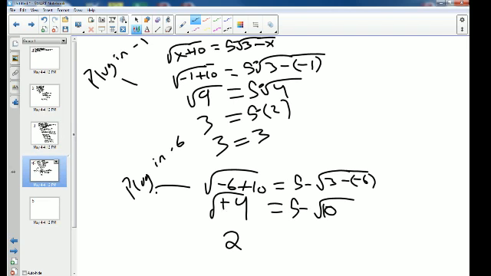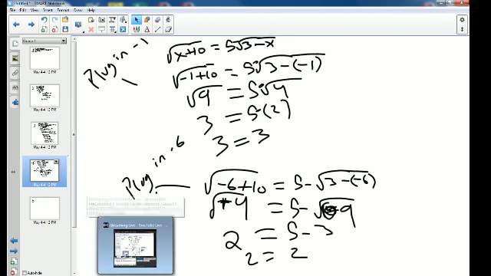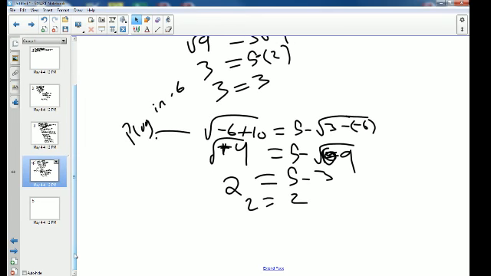I'm sorry, this is not a negative 4, that's positive 4. This reduces to 2. And this reduces to 5 minus 3. 2 equals 2. So you just solved your second problem. So both x equals negative 1 and x equals negative 6 are verified. So your solution is x equals negative 6 or